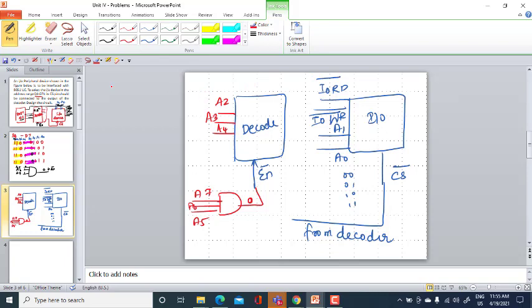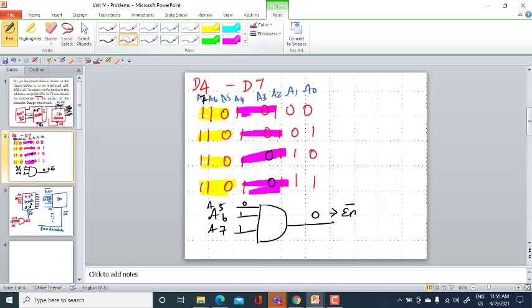Okay. So if it is n lines, I will be having 2 power n lines. Am I right? So I have 3 input lines, 2 power 3. So I have 8 output lines, 0, 1, 2, 3, 4, 5, 6 and 7. So 8 output lines of the decoder. And listen to this. This is A4, A3, A2, which is nothing but 101. What is 101 in decimal? 101 decimal is 5.